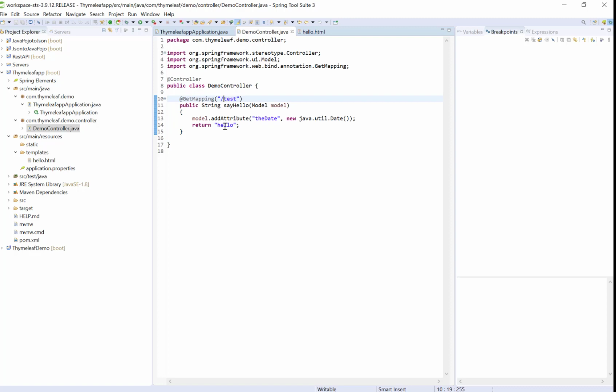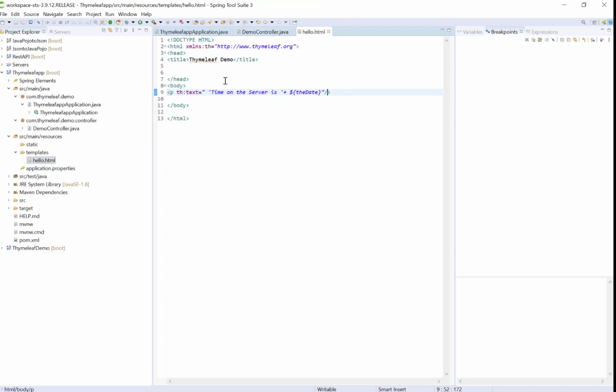After that I created one HTML file inside the templates folder. Inside the HTML file I need to access Thymeleaf, so I gave this URL to access Thymeleaf in our project. After that, inside the body tag I gave one paragraph tag. Here I am accessing the model attribute, whatever I stored inside the model.